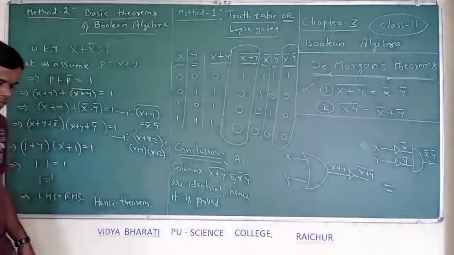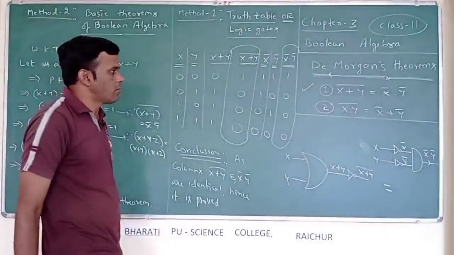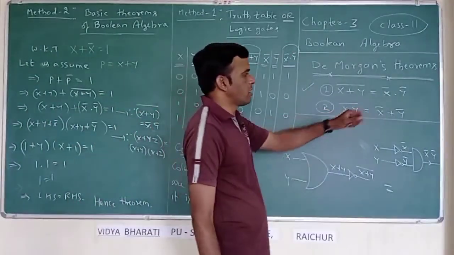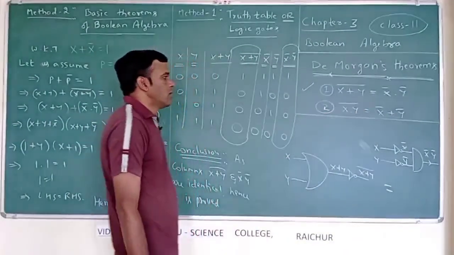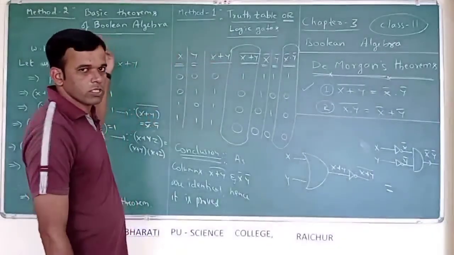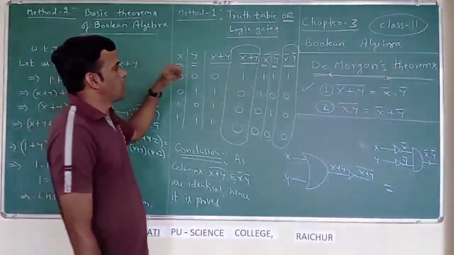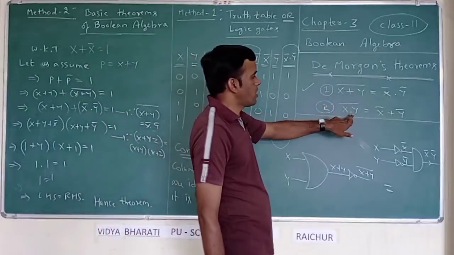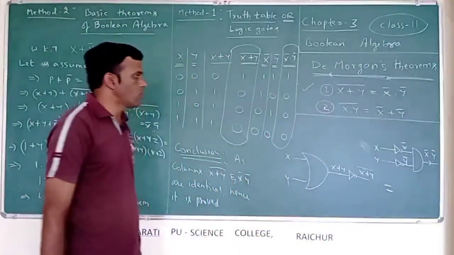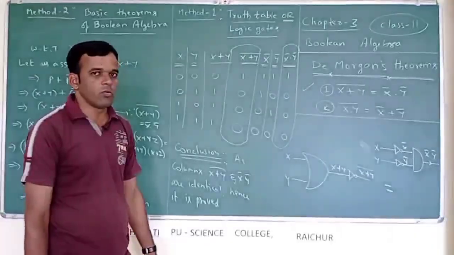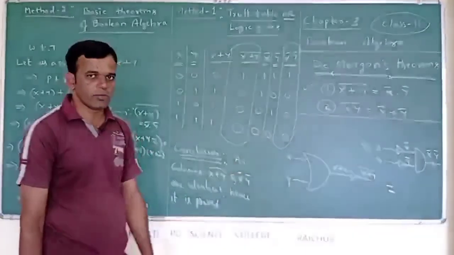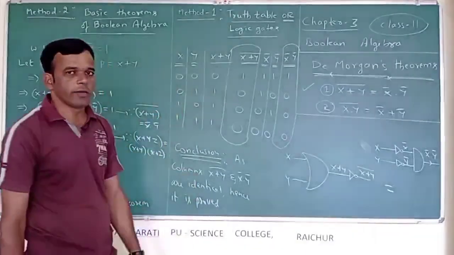Okay. Similarly, we can prove the other theorem of De Morgan, the second one, (x into y) whole bar equals x bar plus y bar. Again, you can go for the truth table method or the method without using a truth table. So, in place of plus, here we are having dot, and in place of dot you are having plus. Okay. You try to solve that theorem on your own. Anyhow, in the next class I will prove that theorem also using both the methods.